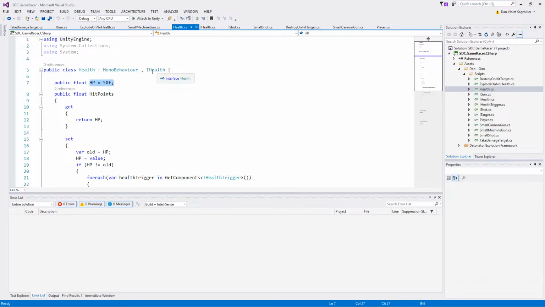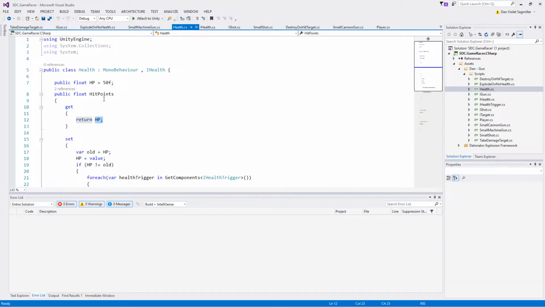They only needed to know what they were at the beginning. Everything else can run through the interfaces. Okay, so to begin with, it'll return the hit points, but otherwise, it sets the new hit points. Now, it's doing something else here. This is a unique feature. If the hit points after it changes does not equal what they were before, so it did actually change, it's